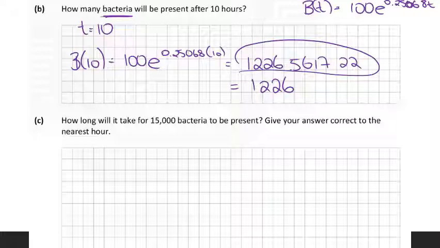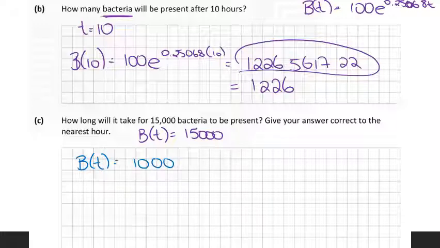How long will it take for 15,000 bacteria to be present? Okay, so this time we're not given time, but we are given the y value. Give your answer correct to the nearest hour. So this time we are being given a chance to round. We're being told what to do. So I'm going to sub in as much information as I can into the formula. So B(t) equals 100e^(0.25068t), and that is equal to